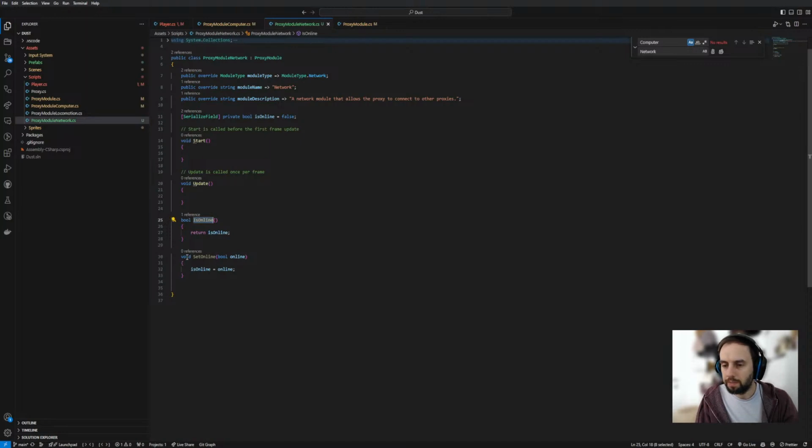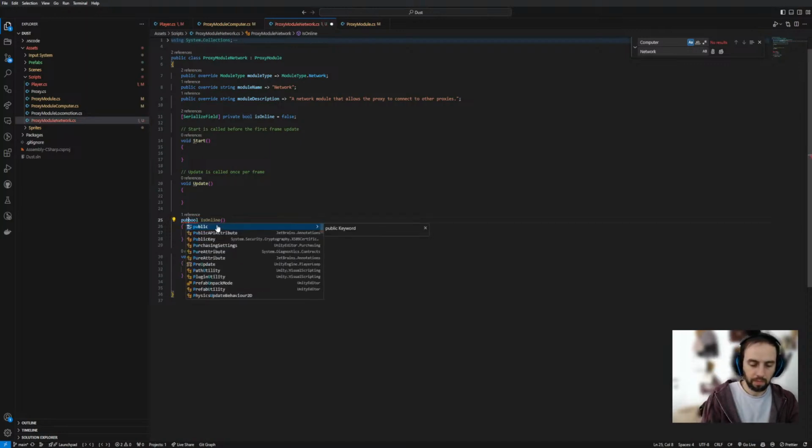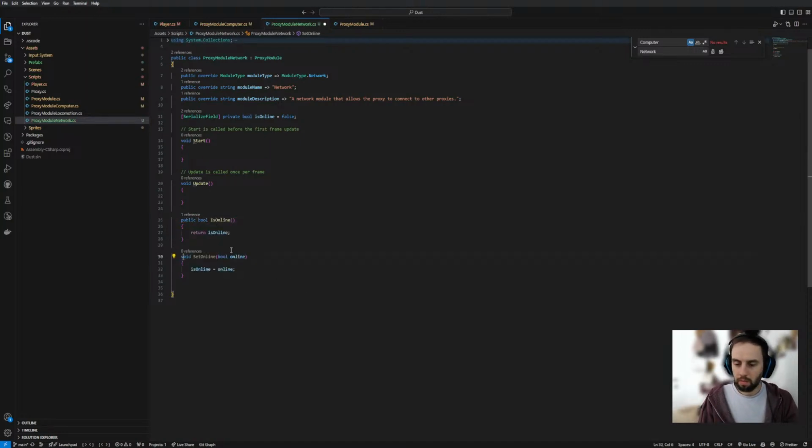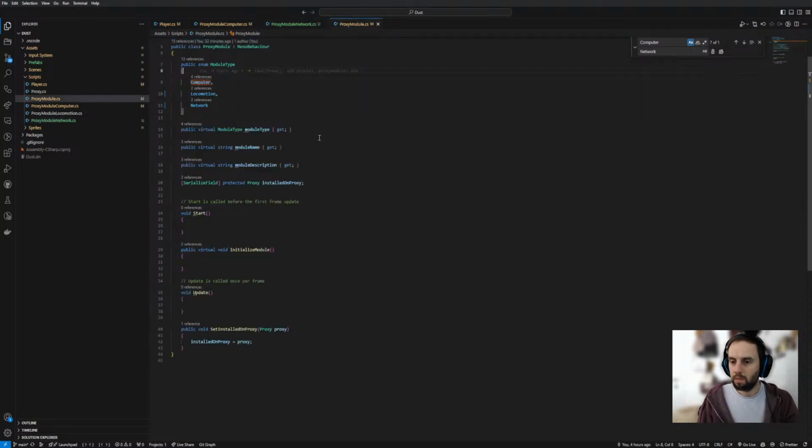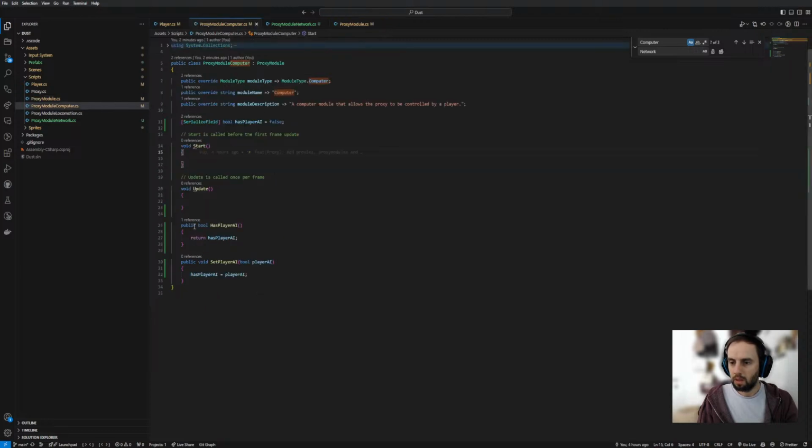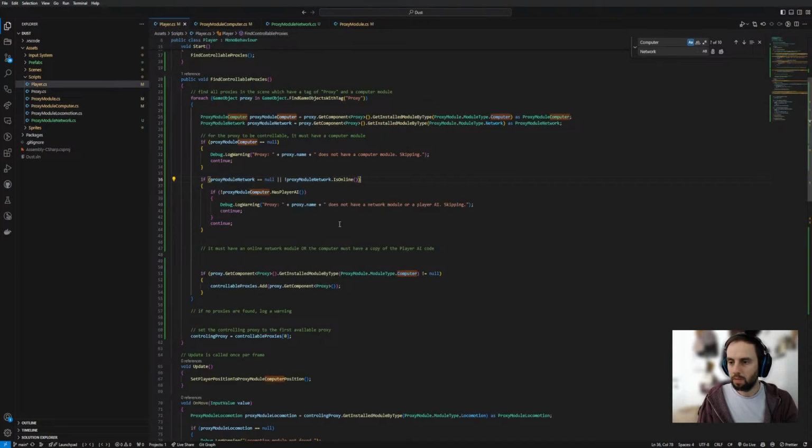Well, it must have a computer module. It must. But if it does, it either